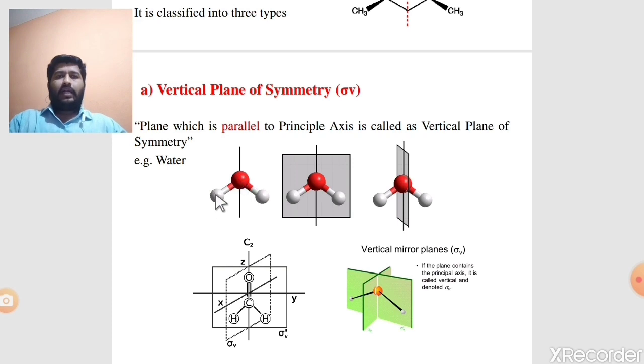This oxygen is surrounded by these two hydrogens, H1 and H2. There is one principal axis with a C2 rotation, and exactly parallel to this principal axis there are two planes, number first plane and number second plane, meaning this water molecule shows the vertical plane of symmetry. Similar to this water molecule, this formaldehyde molecule has a carbon with a double bonded oxygen, and hydrogen, hydrogen, meaning there is a proper rotational axis of symmetry, the principal axis with two-fold rotation, meaning there is a C2 symmetry, and exactly parallel to this C2 axis there are two planes, meaning this formaldehyde molecule also shows the vertical plane of symmetry.